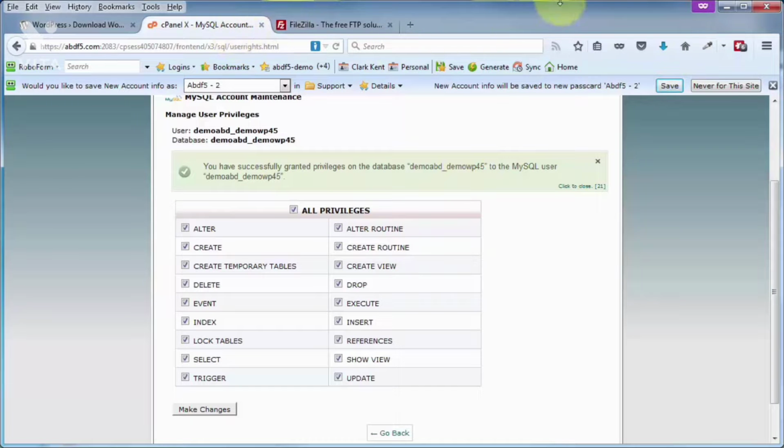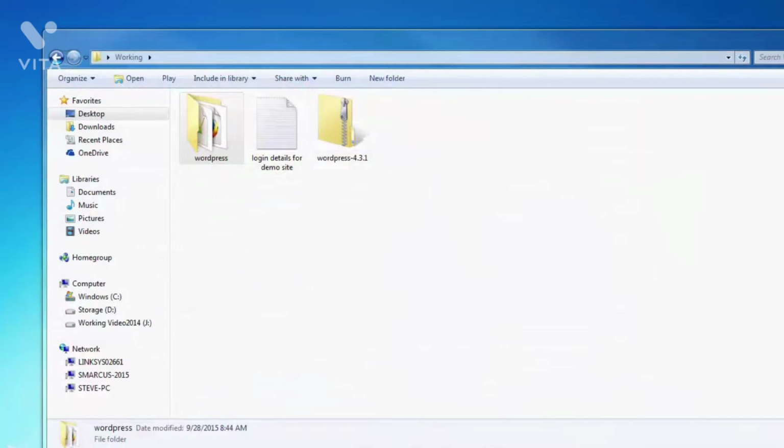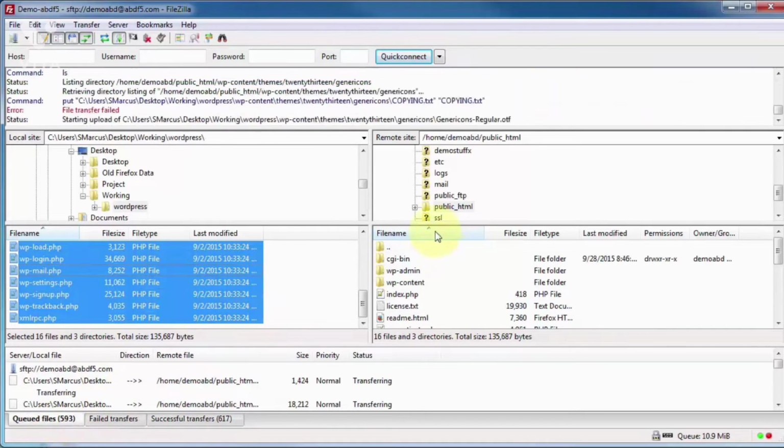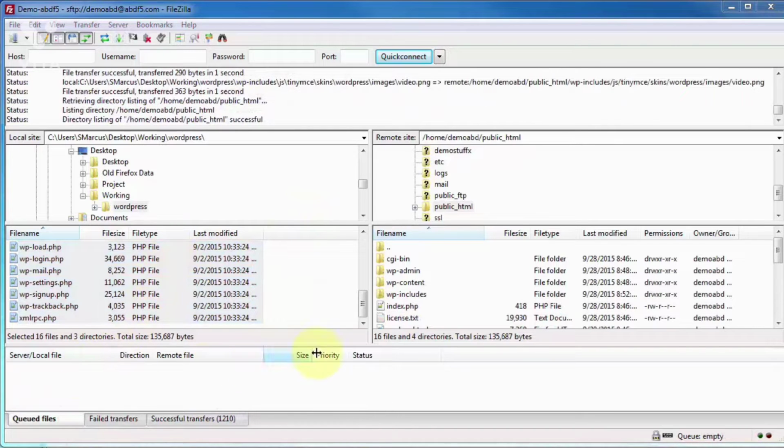So get this guy out of the way here. Let's bring back FileZilla, see how our upload's going. We're a little more than halfway done, but through the magic of video editing, this will only take another second. And we're finished. So now that we are done with FileZilla, let's go ahead and open up our browser, open